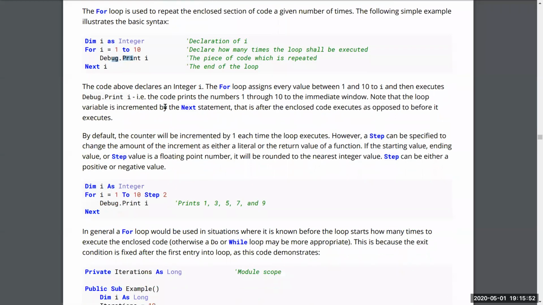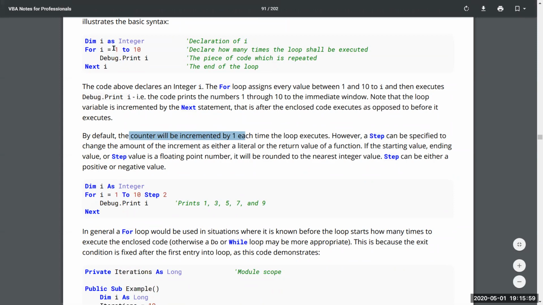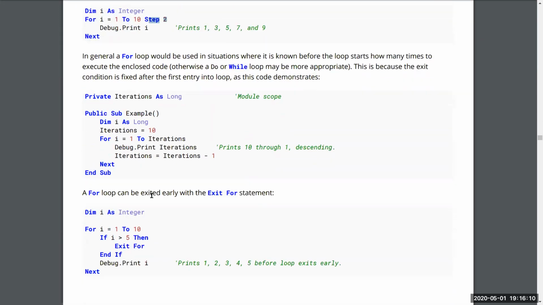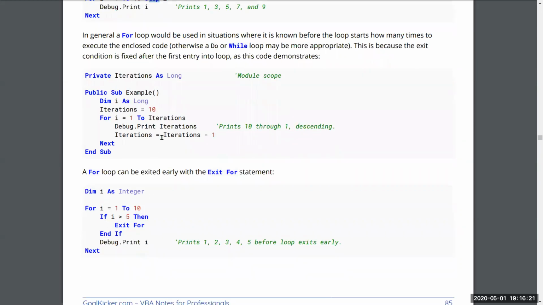For example, you can use something called Step. What does it mean? It means that the counter is incremented by 1, obviously, because it went from 1 to 2 to 3 to 4 to 5. But if I want to go from 1 to 3 to 5 to 7 to 9, how do I do this? I put a Step 2, like this. If you want to go backwards, then you can put a Step -2. That means you will go from I equal to 10 to 1. That means it will go from 10, 8, 6, 4. Like, sometimes you want to go backwards, like here you're doing -1, right?